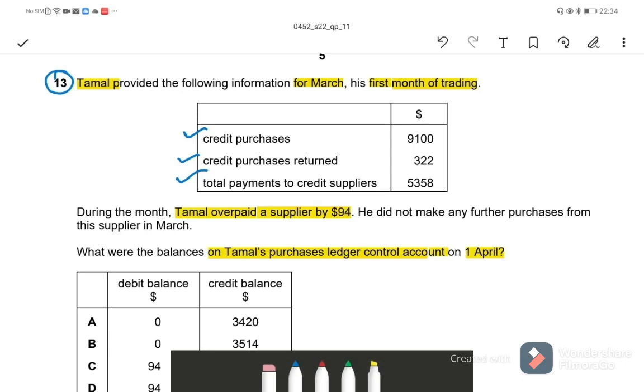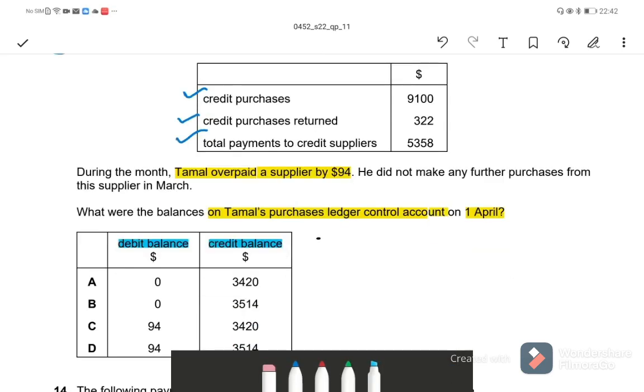Here they are given two options, debit balance, credit balance. Here the debit balance we know that is 94 is the debit balance. In the purchase control account, the overpaid, he has to get the amount back, 94. So option C and option D is 94. But what is the credit balance? Here the credit balance is